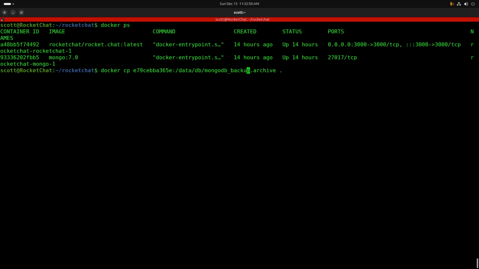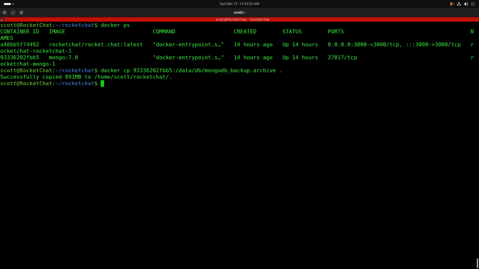So we're going to similarly delete that template container ID, do a Shift Control C and a Shift Control V, and then we have a docker cp from that container /data/db/mongodb_backup.archive, which is the file we created, and then I'll leave a space and put a dot, which just means copy the file name, but copy it outside of the container. And it says it's successfully copied,